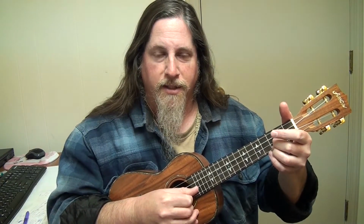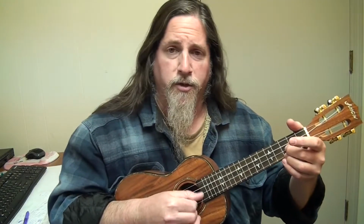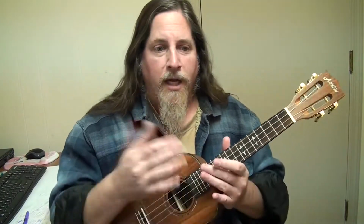So a C and a C and a G, the exact same note. So you really only end up with 2 C's and 1 G. And that's not quite as full sounding as, because there you have the E. So you have the 3 notes needed for the C major chord. So anyway,